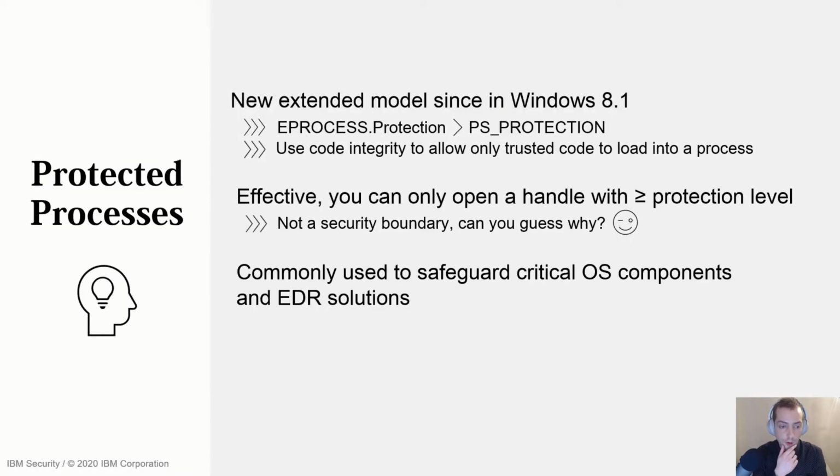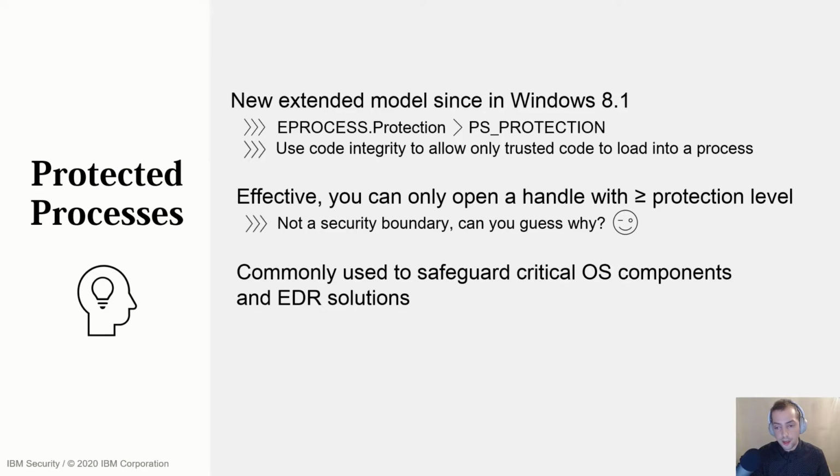So that brings us to our first demo that we'll do surrounding protected processes. Protected processes existed already in one form or another since Windows Vista, but in Windows 8.1 they got a rework, a new and extended model. And the key point there was that Microsoft wanted to enable third-party code to opt into being protected, right? And the theory there, I think correctly, was that